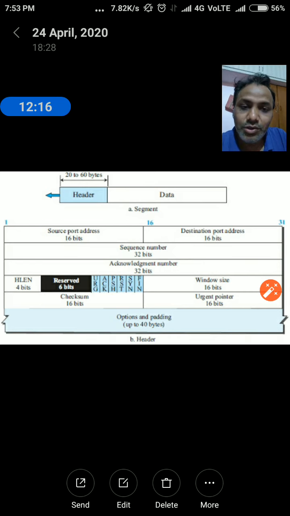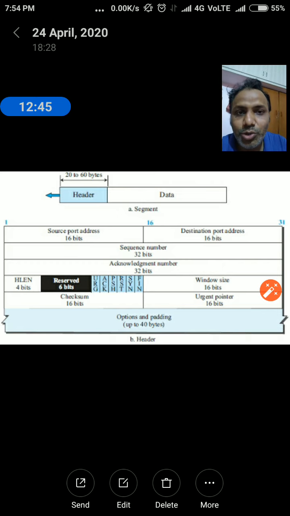Then we go to the next field, the urgent pointer. Sometimes we have to send data to the destination in segment format, but some particular data is required urgently at the destination. So we have to mark the urgent data from one byte to another byte.